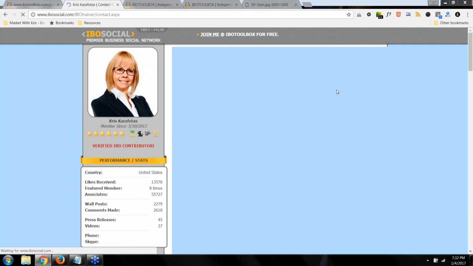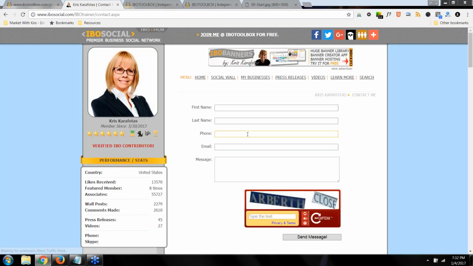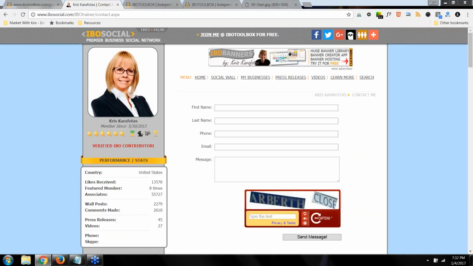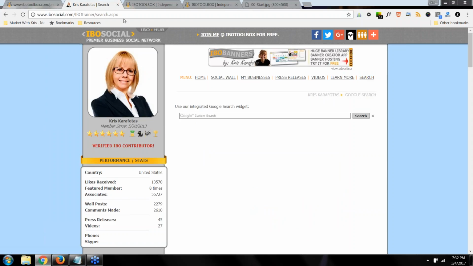Learn more, for anyone that wants to find out more information about IBOtoolbox or about your business opportunity. If they fill in their information here, it becomes a lead for you, which is housed under the My Leads section here at IBOtoolbox. Then we have the search feature. Every member has their own branded search engine. You can give out your link, which is cool too.